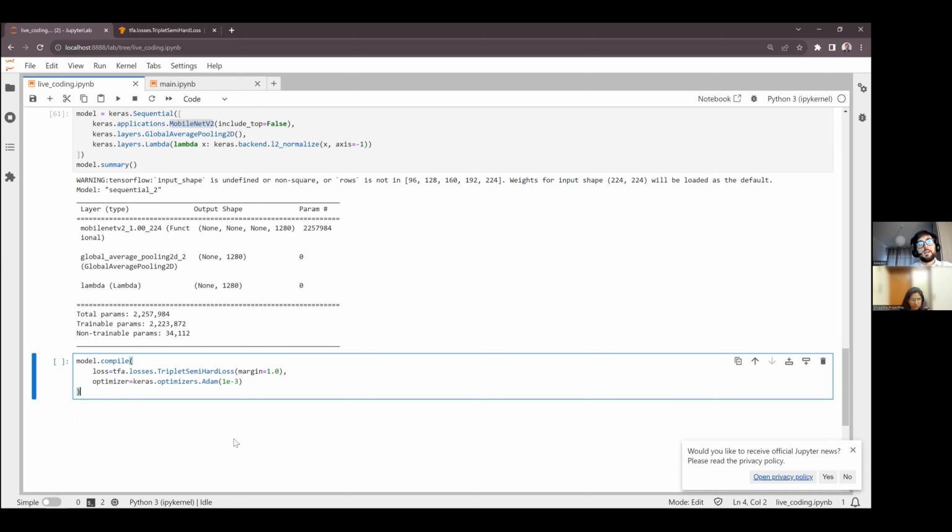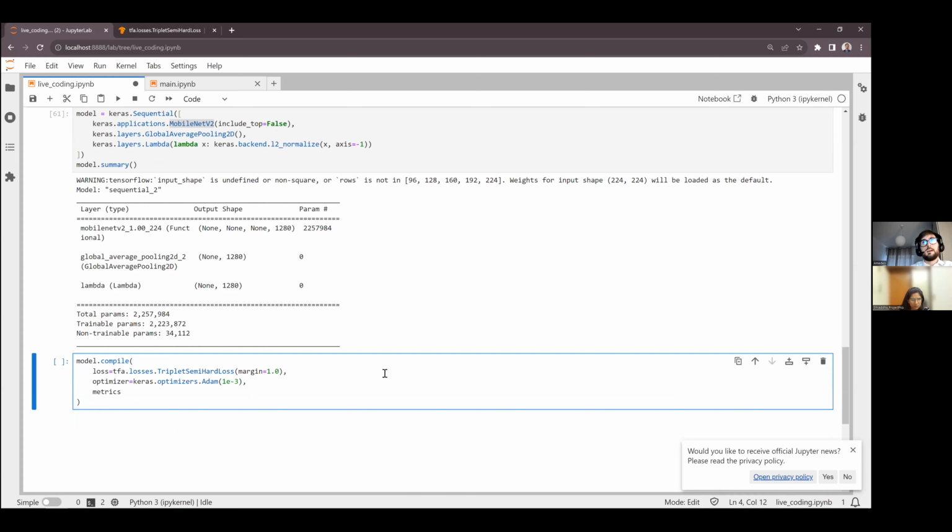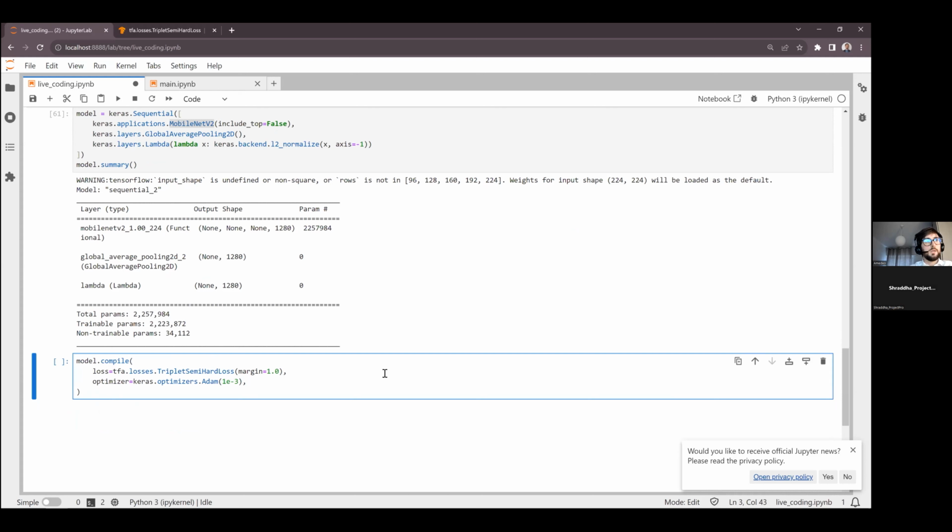But for the moment, let's start with that. We could also add some metrics if we want, but it's not necessarily the case. We will be looking at the loss.